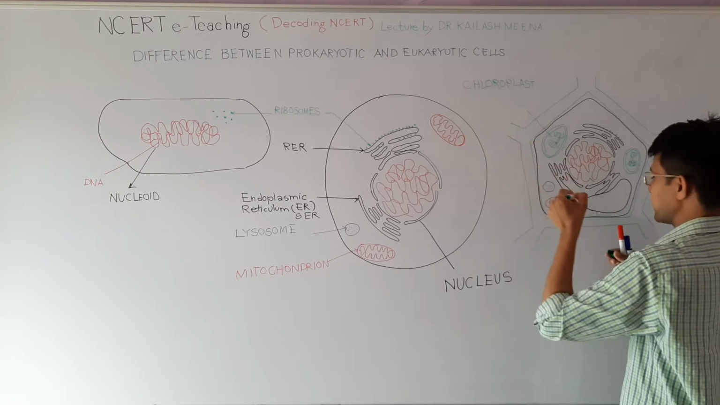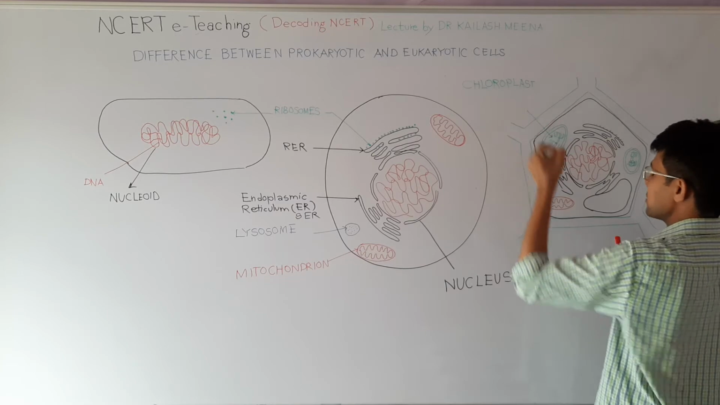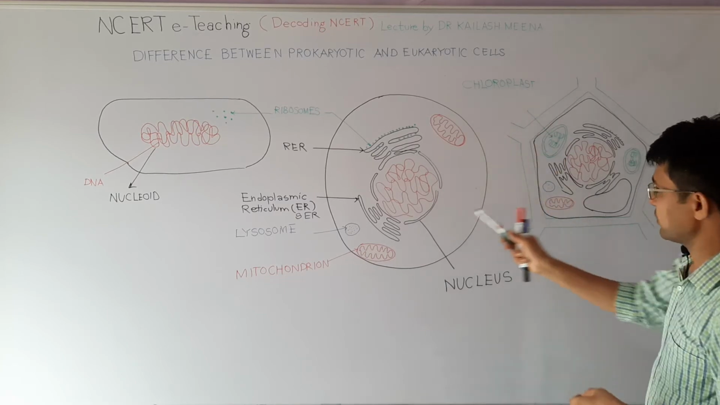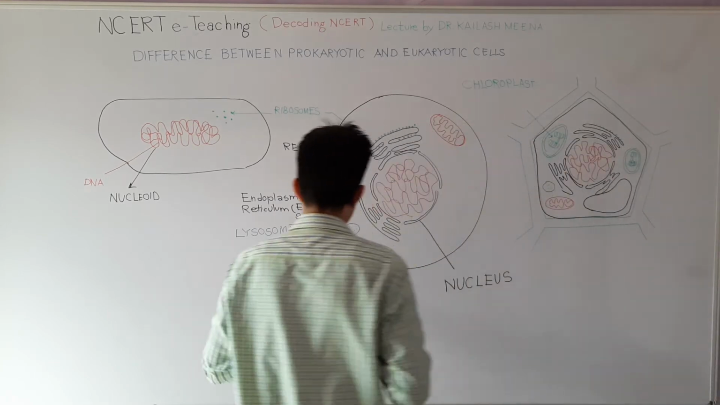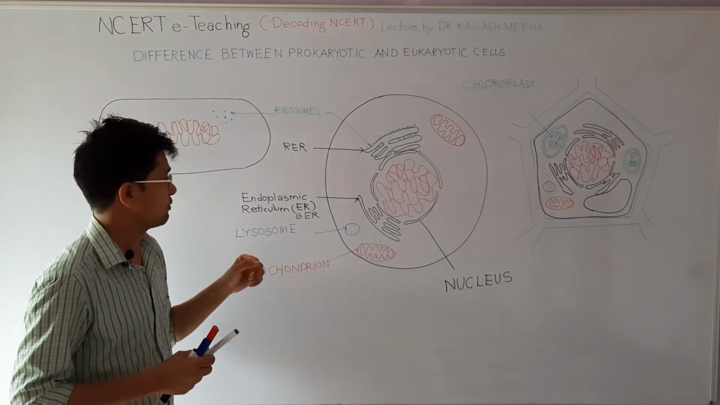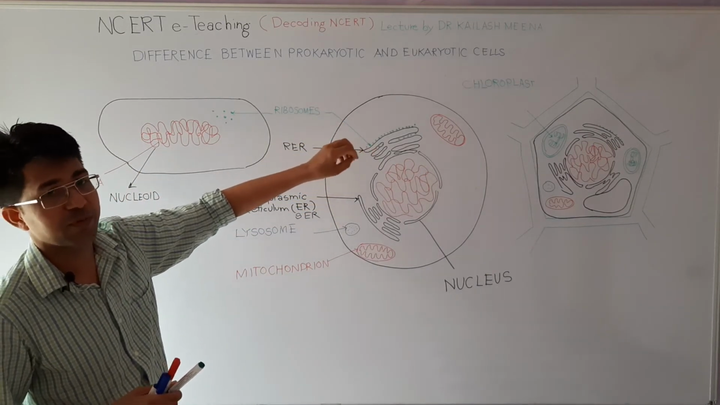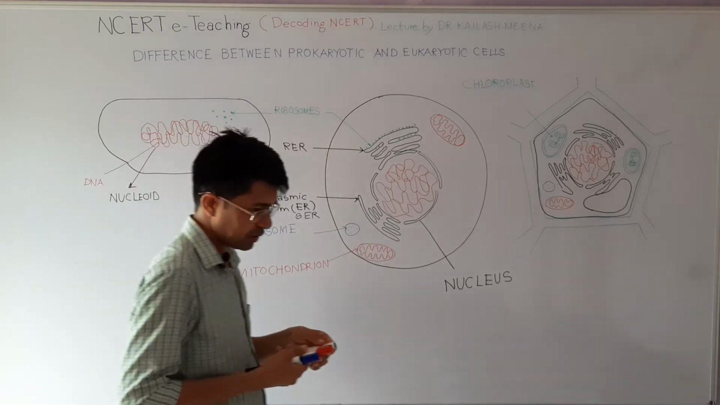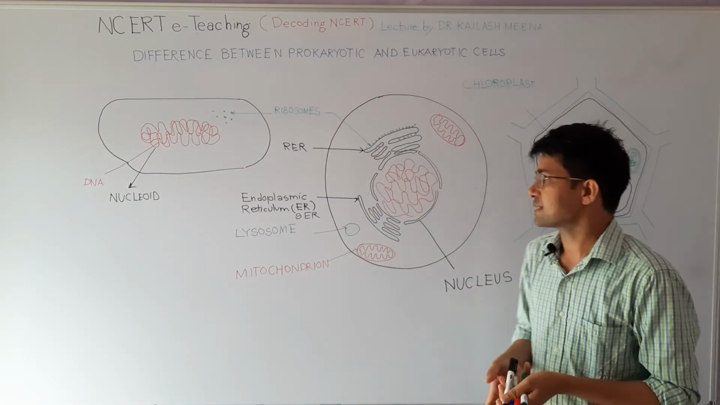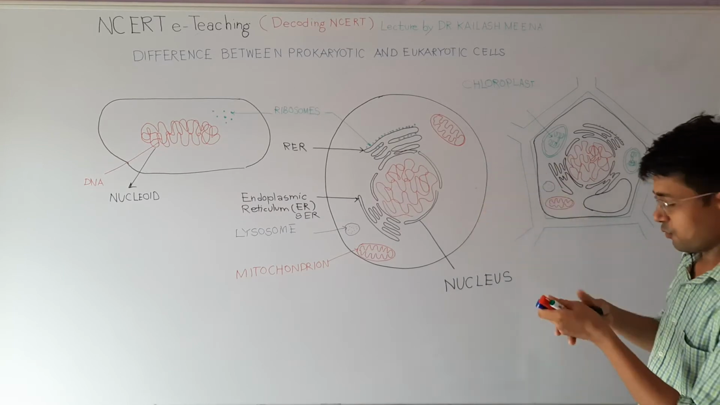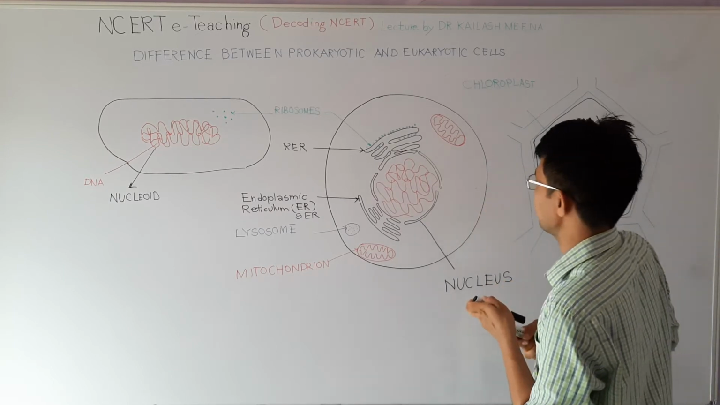So we have chloroplast for performing photosynthesis in plants. We have mitochondria in both types of cells for energy production. We have lysosomes for degrading materials. We have endoplasmic reticulum, rough and smooth, for making fats and for making proteins. And while these cells are synthesizing proteins and other materials, we also have another cell organelle which is called